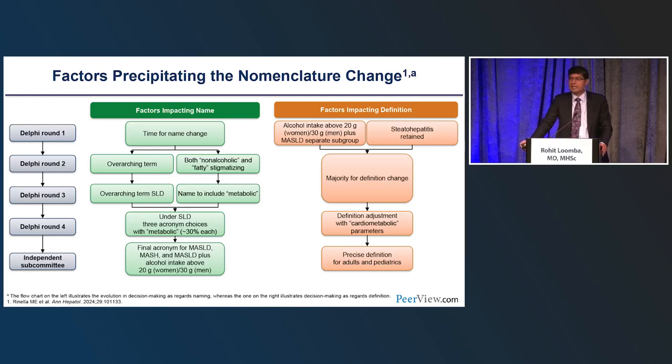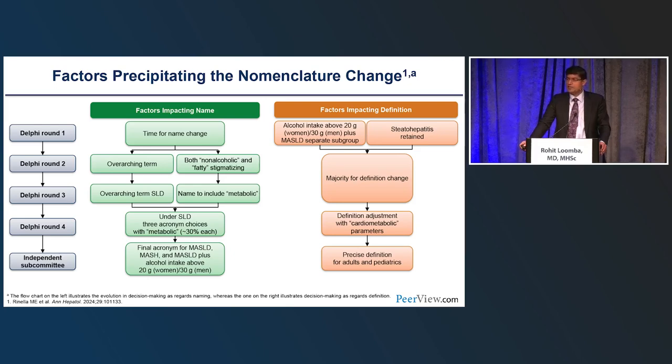If you look at the process by which we came up to this new nomenclature, it required multiple iterations, working together as a group with multiple societies and stakeholders. We had multiple rounds of consensus or Q&A that led to formation of this name or nomenclature for steatotic liver disease. I think it's important, and it is now fully adopted for use by both AASLD as well as other societies within the United States and European Association for Study of Liver Disease.